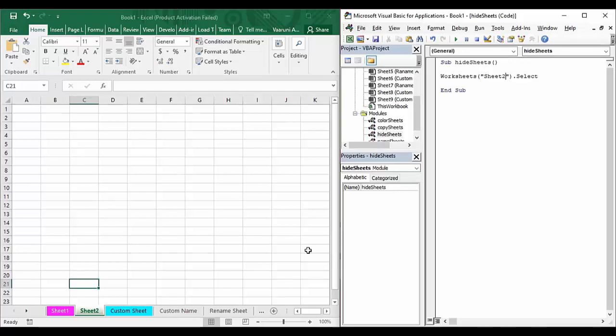Welcome back. In today's Microsoft Excel tutorials video, we are going to see how, using the Visual Basic for Applications editor and the Visual Basic programming language, we can implement sheet protection over the sheets in Microsoft Excel. Now, the first question that arises is, what is sheet protection and why do we need it?